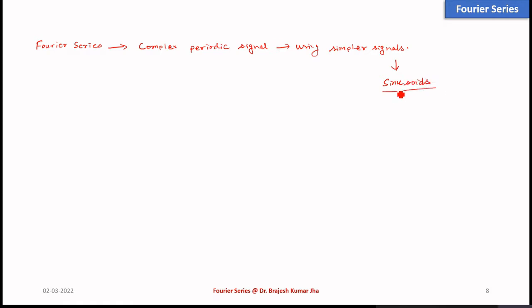Sinusoid means what? It is a combination of sine and cos, right? So we assume to produce an approximation of the original signal, and the approximation becomes more accurate as more terms are used. So that we can represent in the form of cos nx and sin nx. nx means what? Number of sinusoids that you are using, or harmonics that you are using. So once we talk about the Fourier series,